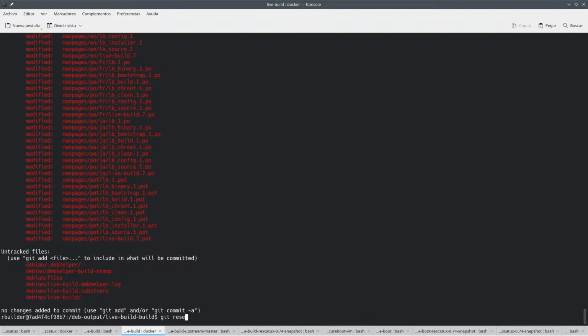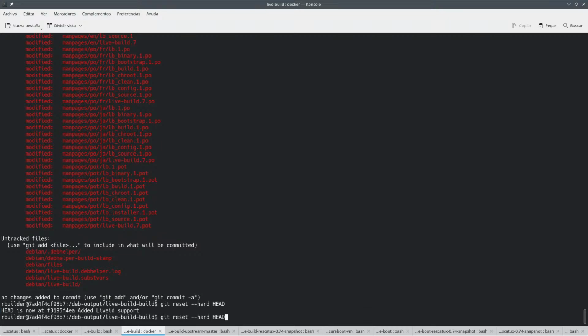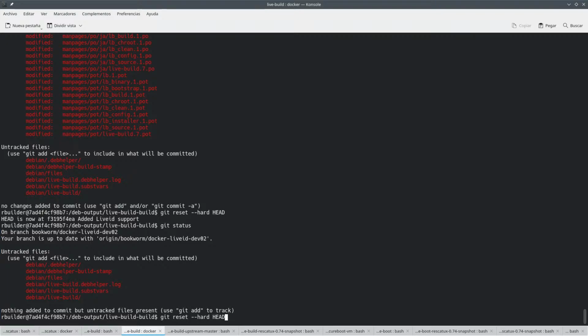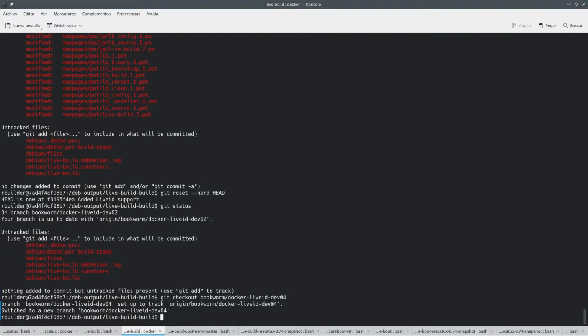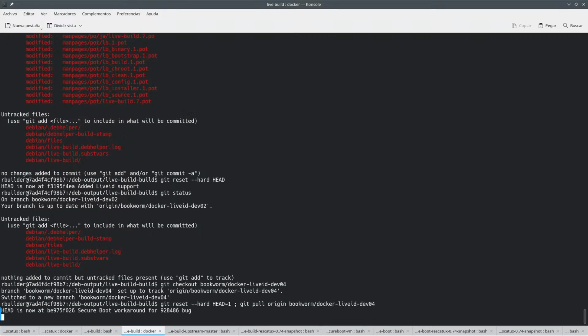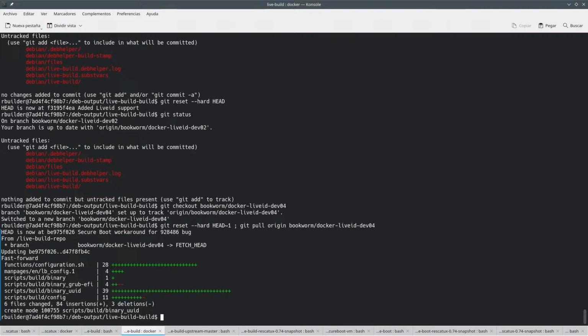Why are there so many changes? I'm not sure if I'm doing something wrong. Something like this. Now we are fine. So we want to check out dev 4, and we want to do this thing about reset. And once we have that,